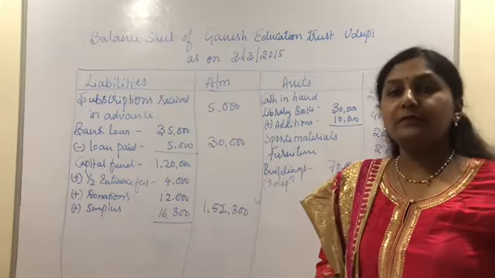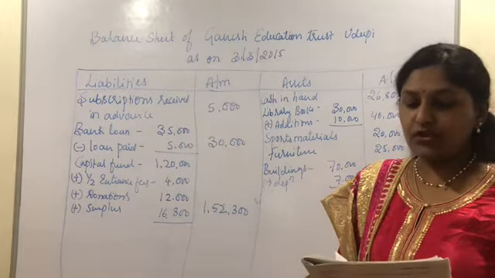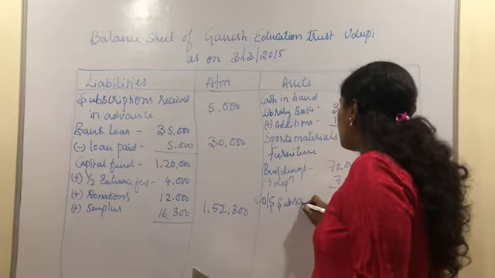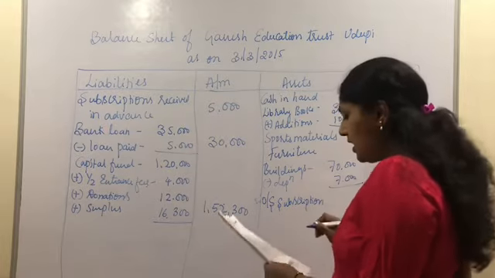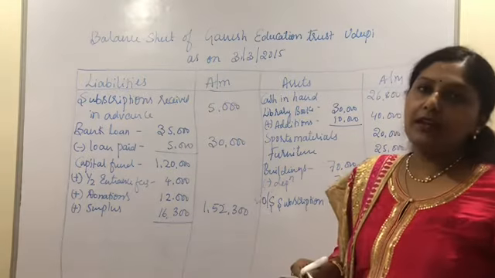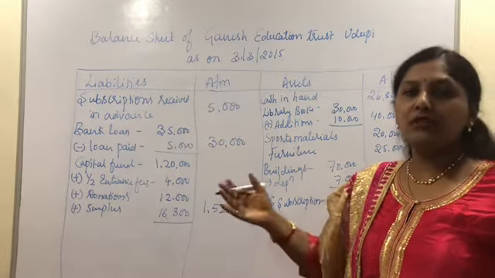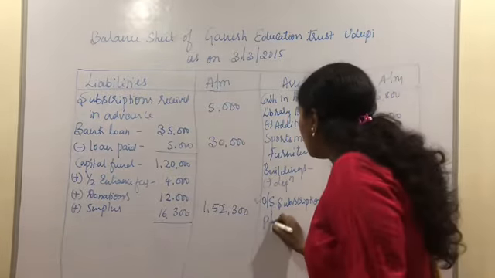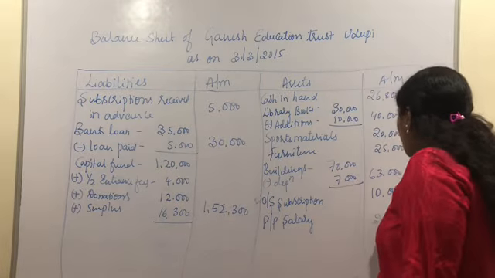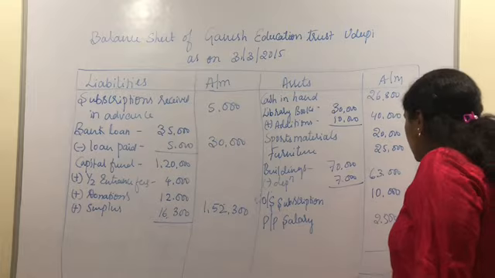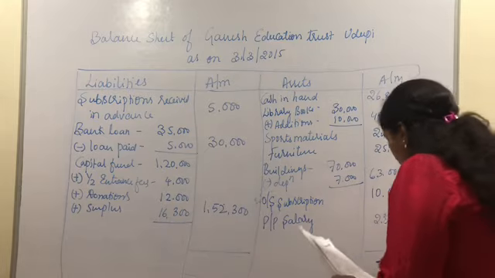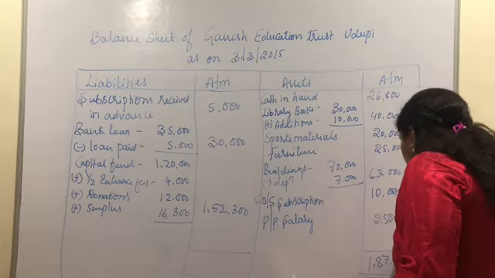Then we have only one more adjustment remaining, that is outstanding subscription. The adjustment related to the subscription is outstanding subscription for the current year, which is 10,000 rupees, and we also have prepaid salary. So the expenditures paid in advance, we always treat as an asset. So prepaid salary we need to treat here below the assets. Prepaid salary 2,500. Now if we add both the sides, it should give the same balance. The total of balance sheet is 1,87,300.